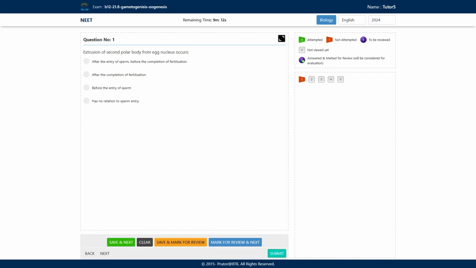What are the options here? After the entry of sperm, before the completion of fertilization. Second option is after the completion of